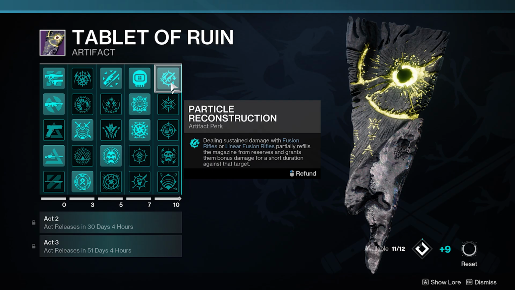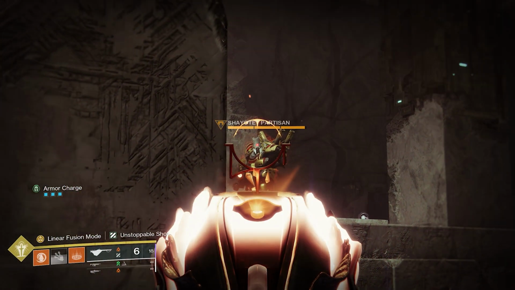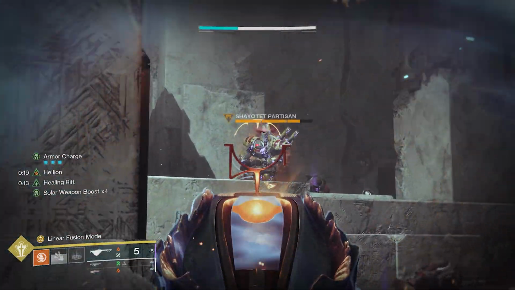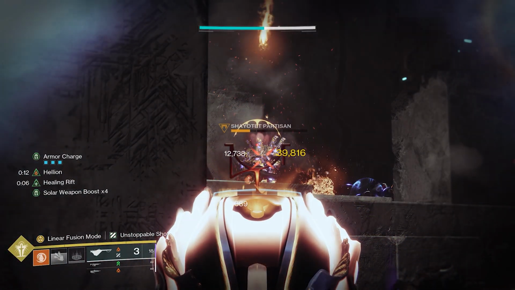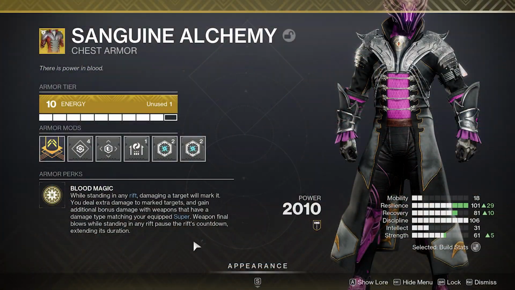Not to mention this exotic is also going to get Bait and Switch as the catalyst as well. We haven't discovered it yet, but particle deconstruction, when you're in that firing mode or the turret mode, it all works. So it all procs together, whether you're in the standard linear fusion rifle mode or the turret mode. Now, if you add in Sanguine Alchemy into that, basically what this does,